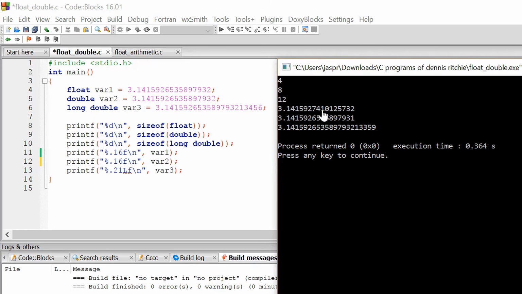Here it is 7410 and everything after that is changed. Isn't that so? This is because float would be able to represent fractional values precisely up to 7 digits starting from the first place itself. If you count this out, this is 1, 2, 3, 4, 5, 6, 7. Up to this point, it will print everything as it is mentioned over here. But after that, everything is getting changed.